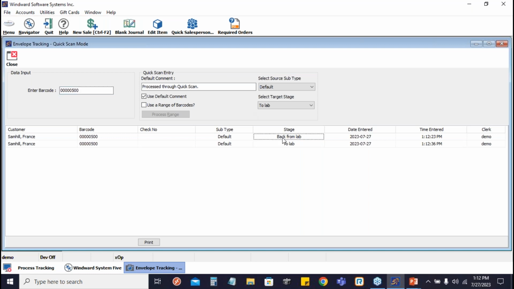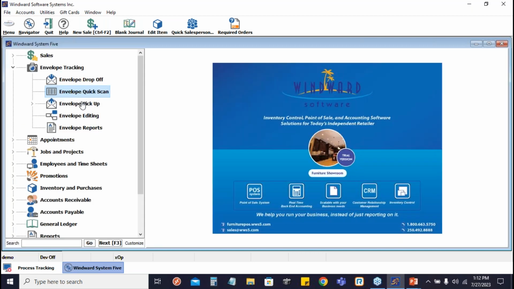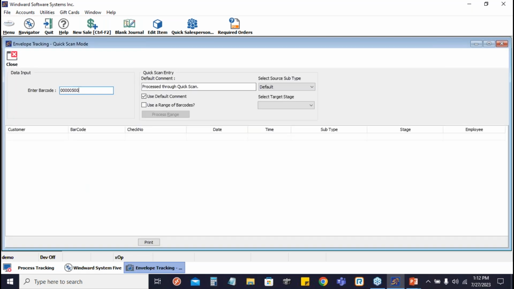So I'm just gonna delete that one later. Just close this. So this is where you process the envelope, and just click first stage, or what would it be, second stage. So if you type it in manually, just hit enter,